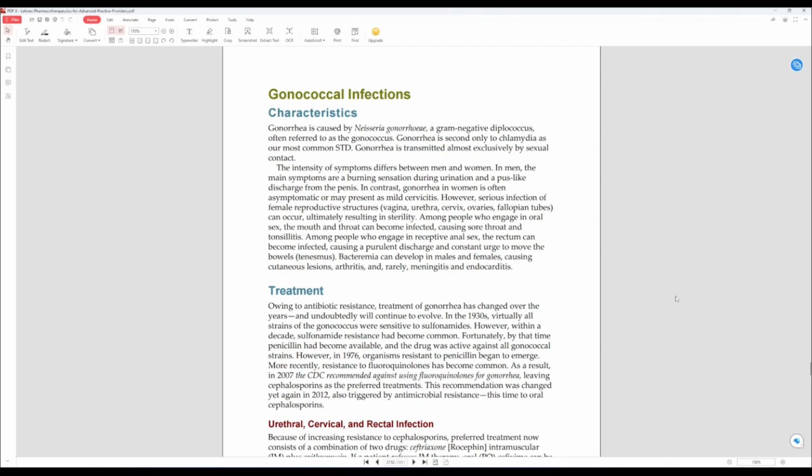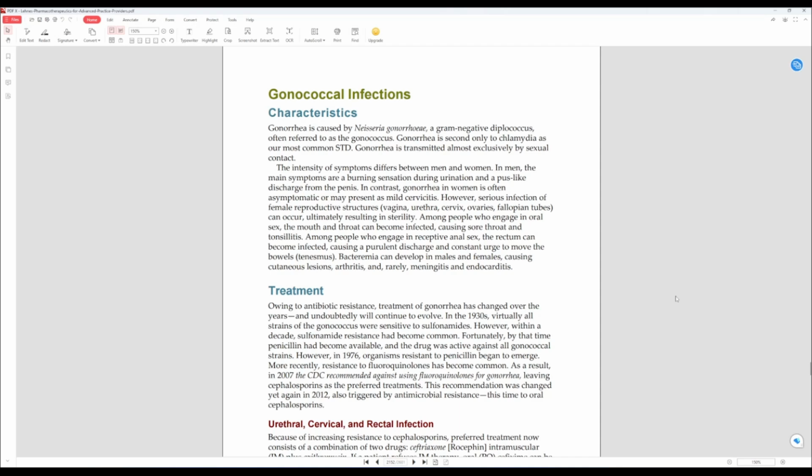The intensity of symptoms differs between men and women. In men, the main symptoms are a burning sensation during urination and a pus-like discharge from the penis. In contrast, gonorrhea in women is often asymptomatic or may present as mild cervicitis. However, serious infection of female reproductive structures, including the vagina, urethra, cervix, ovaries, and fallopian tubes, may occur, ultimately resulting